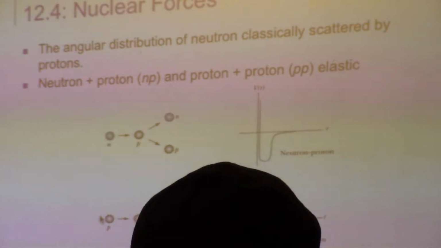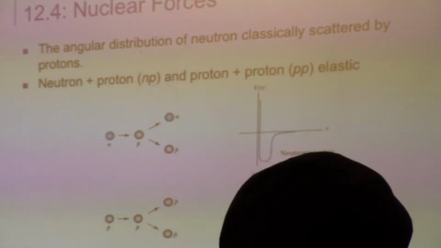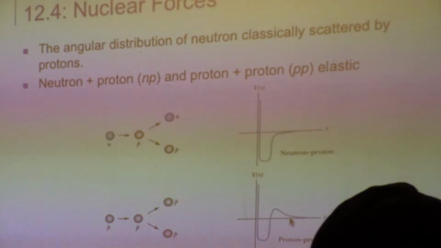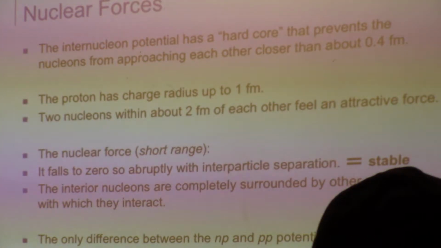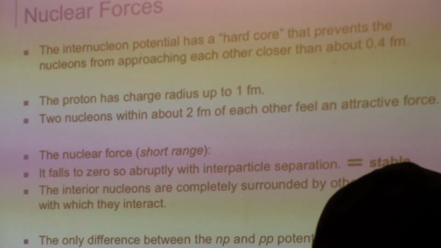Or if we have proton with proton, then we're going to have a minimum value, but at some point it's going to increase a little, and then after that it's going to go down again. Okay, with this we can begin to understand the nuclear force. We can see where the stable points are, and the difference between the different values at the stability